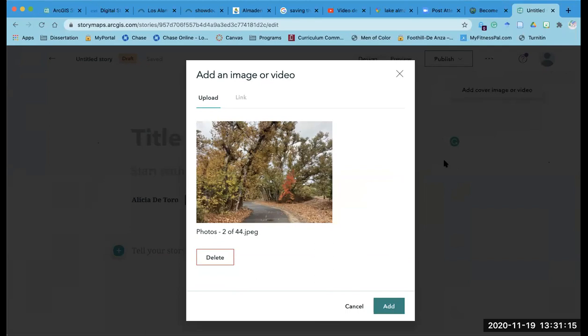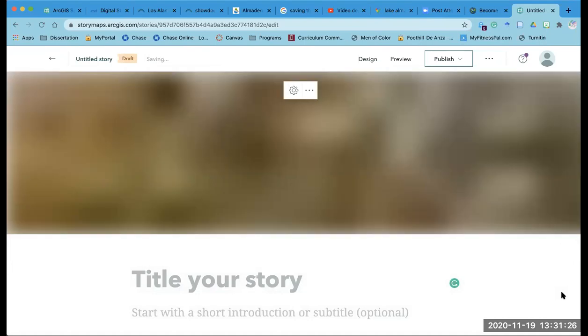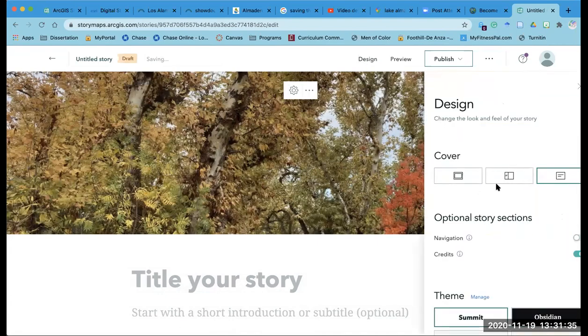Oh, the Zoom bars are getting in the way. And that will insert the image right at the top of the story map. And see how it's kind of cut off? You can change the way the cover, that's what they call this, sits.